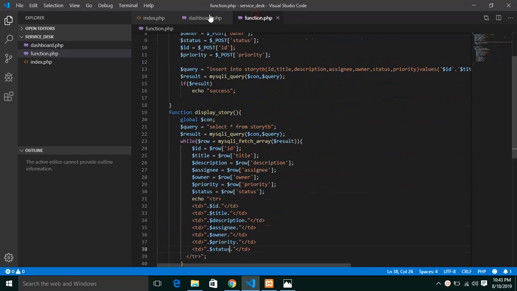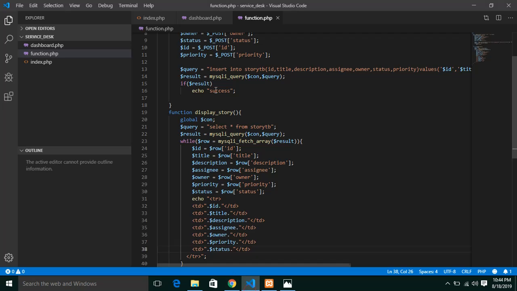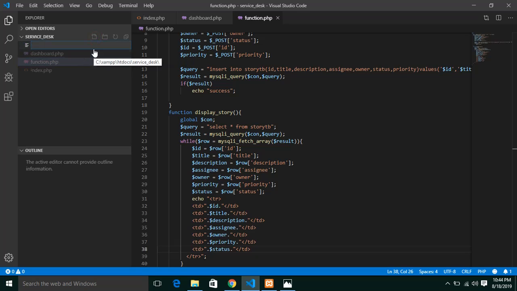So now what we'll be doing is, you see we have this ticket, but when we click we want it to go to a different page where we can have the details shown in a specific way. Let's say we click on this and this will go to another page where it will be displayed in a singular fashion, right? So I will be creating a new file and I'll name this story details.php,